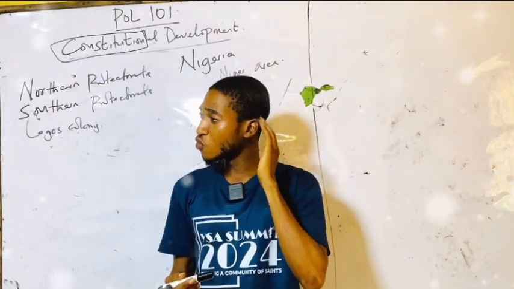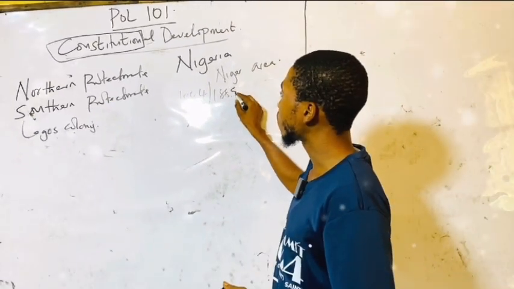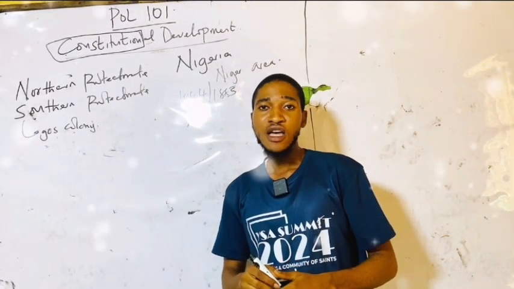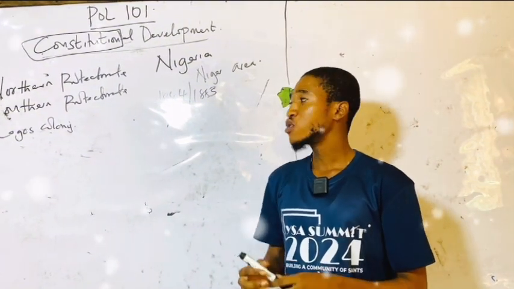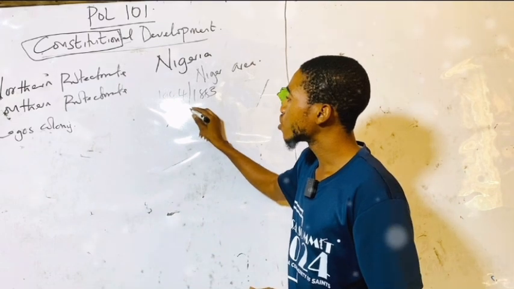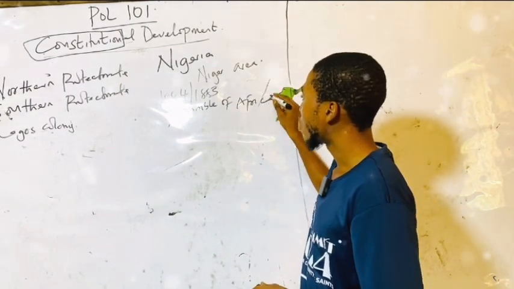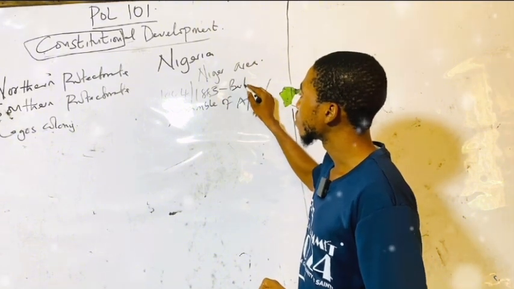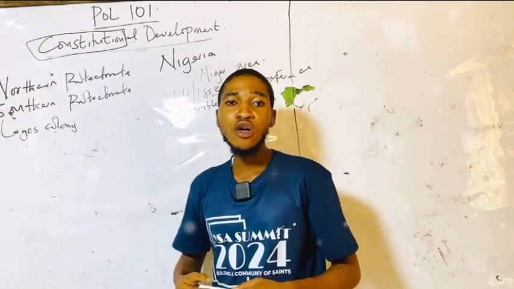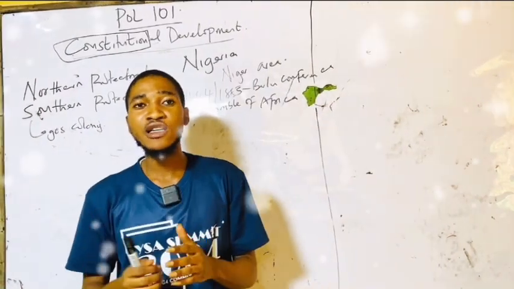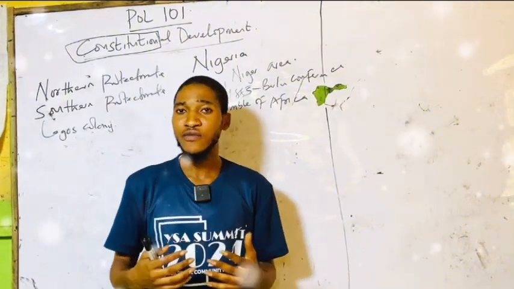Now, trace back to the history of the world. In 1884, so 1885, this was the time that African countries were shared among the world powers. This time, it was called the Scramble for Africa. In other words, it was called the Berlin Conference. Now, this conference was held by world powers in order for them to share Africa into categories according to the strength that they have. Why?